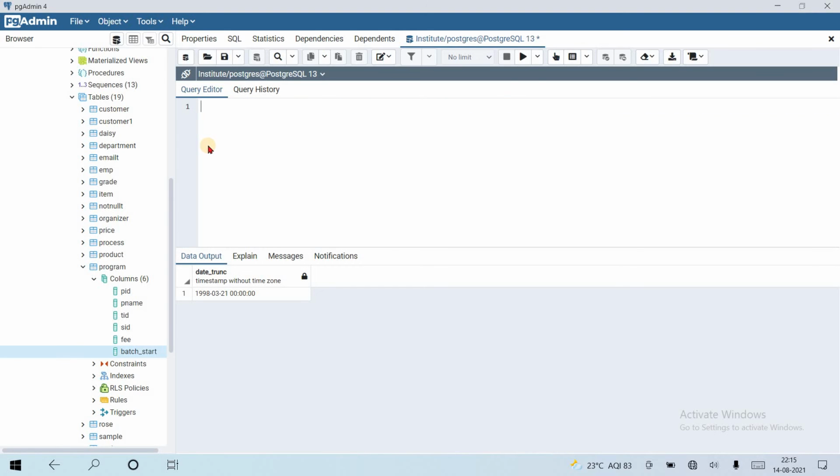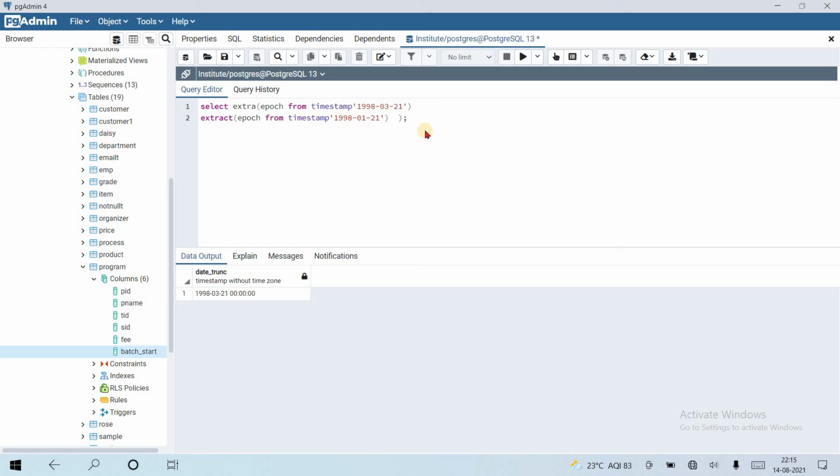Okay, let's compare these three: age, epoch, and timestamp. So the epoch is more accurate. Let's see how. Suppose we select some, okay, now let's copy this.